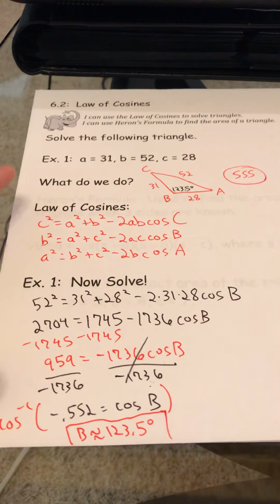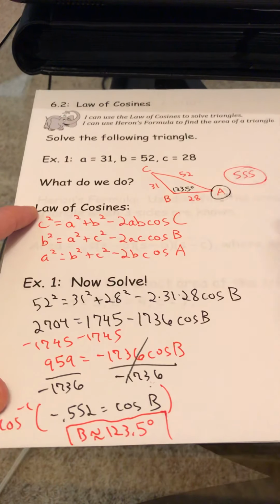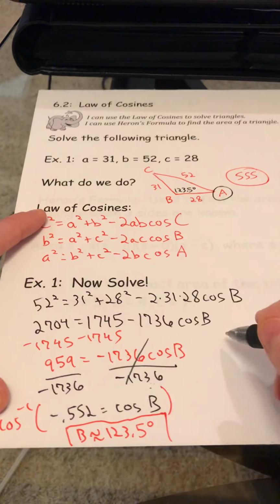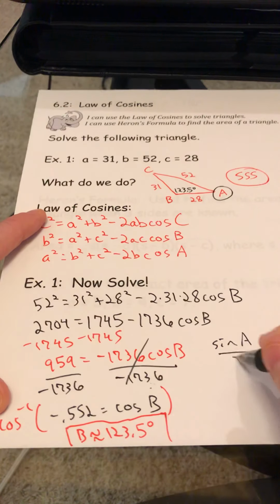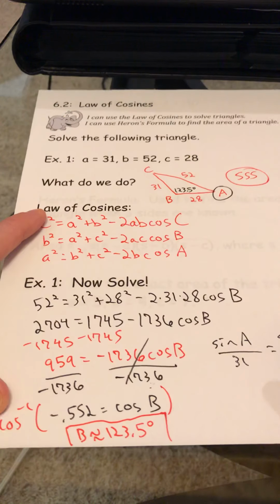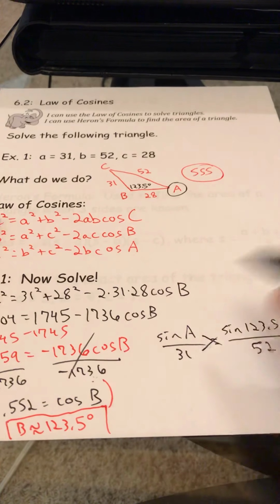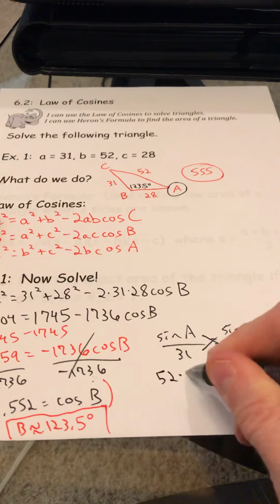It doesn't really matter which angle you find next. I'll probably go ahead and find angle A. So sine of A over 31 equals the sine of 123.5 over 52. Again, I am going to cross multiply